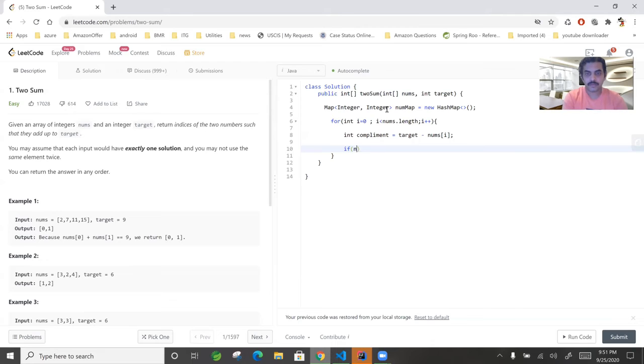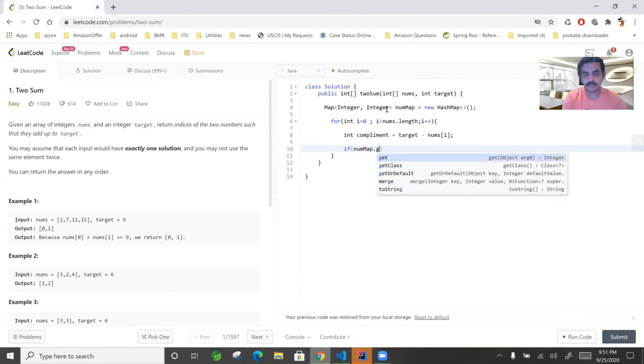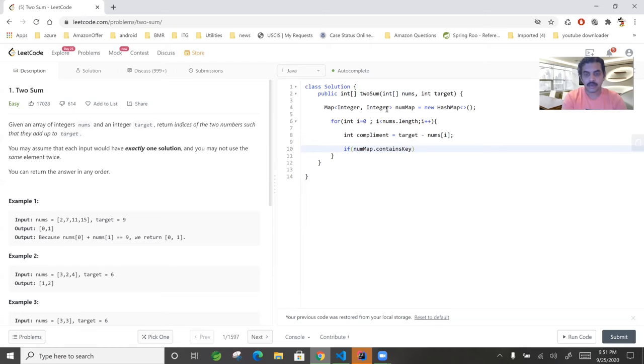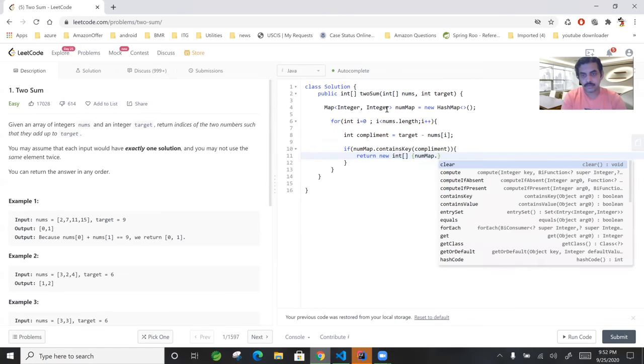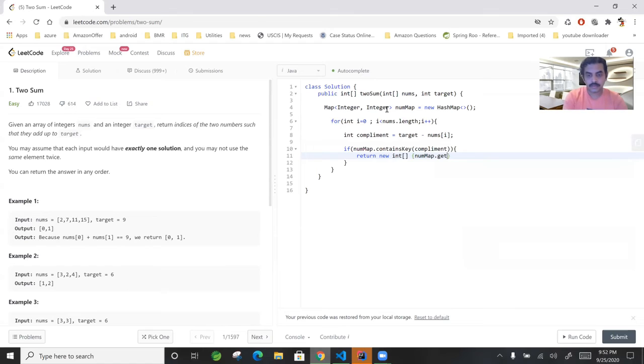If numMap contains key of complement, then return new int array of numMap.get(complement) and i.